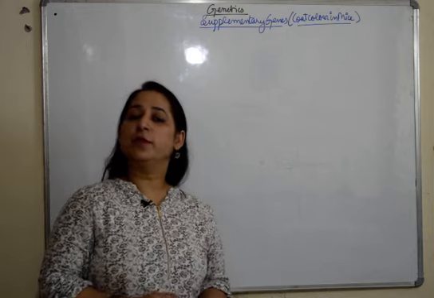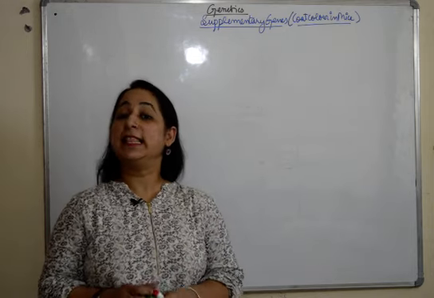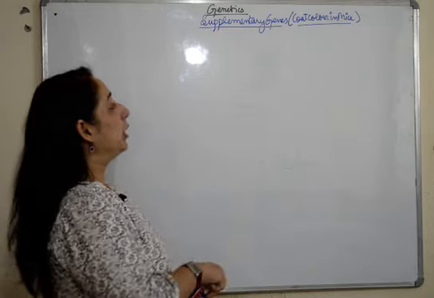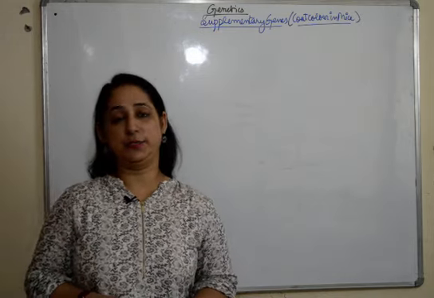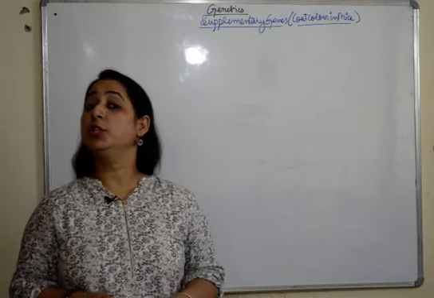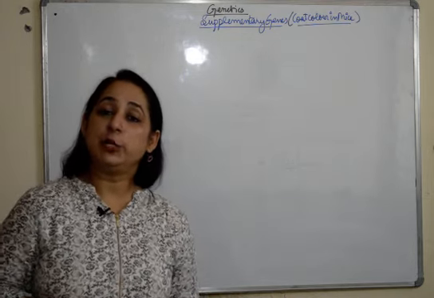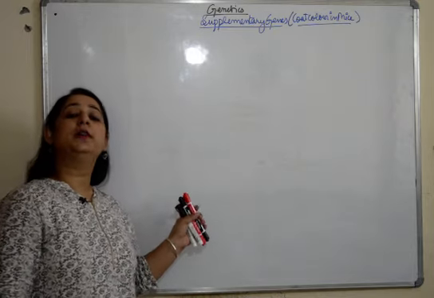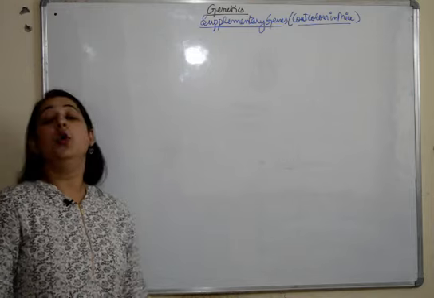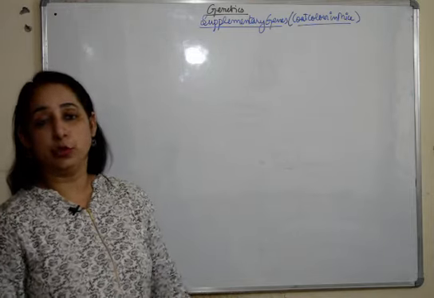In our last video, we discussed epistasis. In this video, we'll talk about supplementary genes with an example of coat color in mice. We'll take that example and the cross, and explain how supplementary genes show their expression. Watch the video till the end because in the end, you will get all the important pointers on the board with the cross and the ratio, which will be very helpful for your notes.